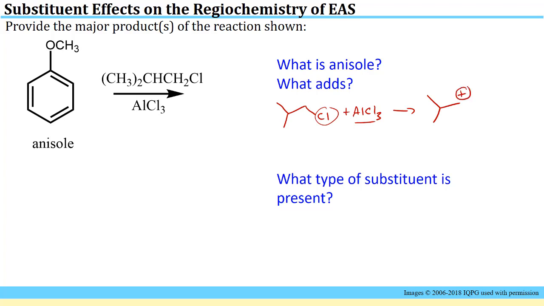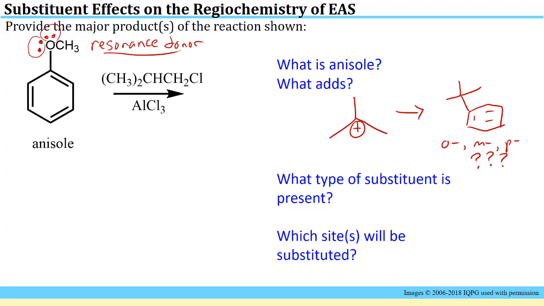Anytime you have a reaction where you have a carbocation, you should think about checking whether it's going to rearrange. And in this case, it will, from this primary to this tertiary site. And that will occur before anything else happens. So this is the unit that's actually going to be adding to the benzene ring. And now with all that information in place, we can finally say, well, now that we know what's going to add, what type of substituent is already there, because that's going to help us figure out where the substituent will